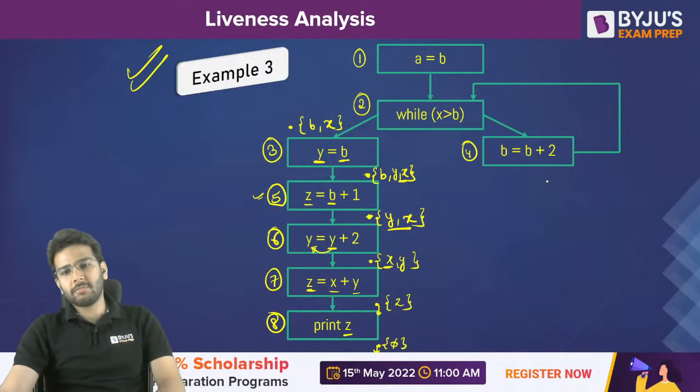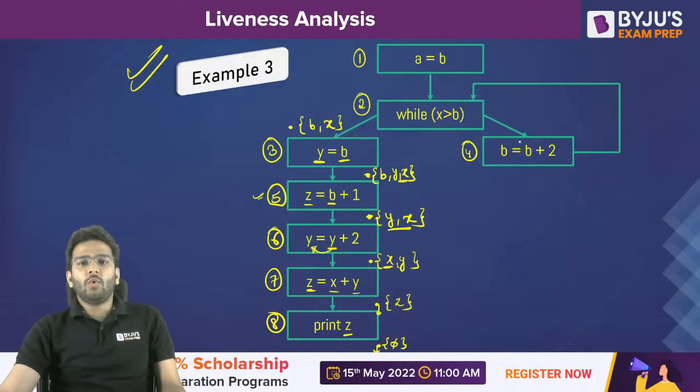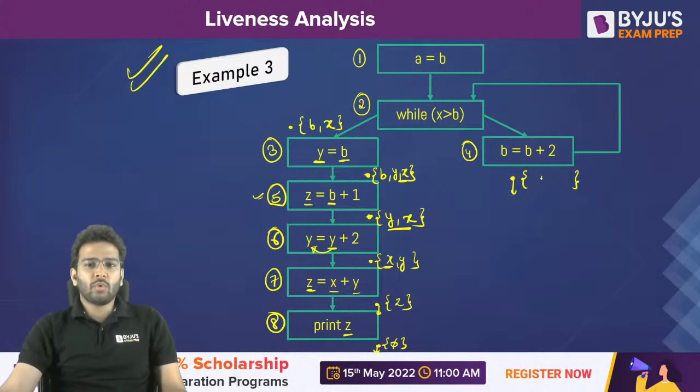Now the real thing comes. So now we have a loop here. As we can see, while x is greater than b, then b is equal to b plus 2, and then there is a loop. So let's talk about this one first. Carefully see this. And if you get any doubt, do ask. If I talk about the outset of the fourth block or this statement, here if you see below, do we have anything? No.